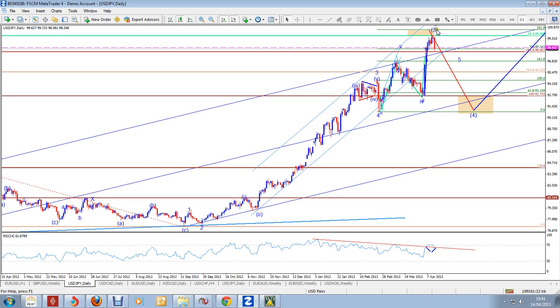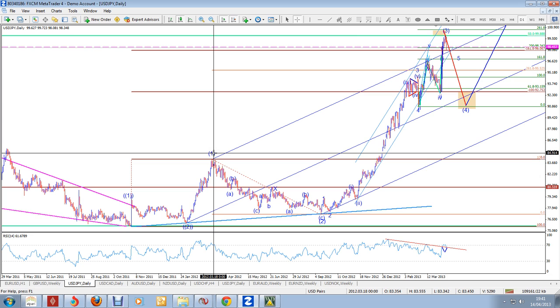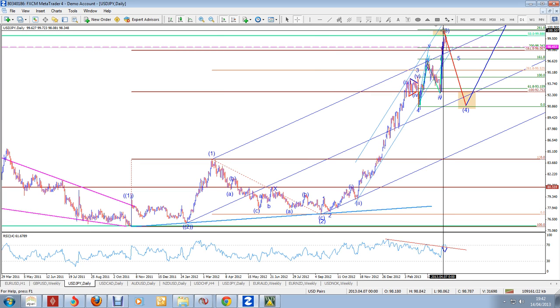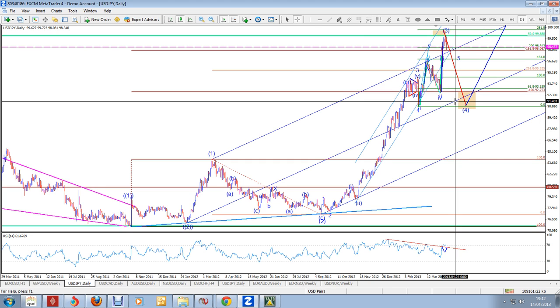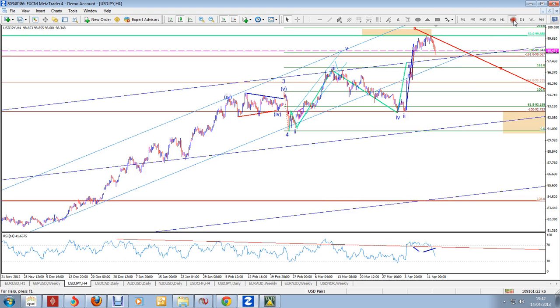In that wave 5, what we need to do is to see if the wave 5 is finished. Because if wave 5 is finished, then that would also complete a larger wave 3, meaning from here we have wave 1 in bracket, wave 2 in bracket, and then larger wave 3 in bracket will be finished. We'll expect a wave 4 retracement, which might come to here or might not, might for example even come up to there, and then go up higher to finish off with wave 4 in bracket, and then wave 5 in bracket further up. So US dollar yen will still continue up, but in a shorter term I think it's got some retracement to do,